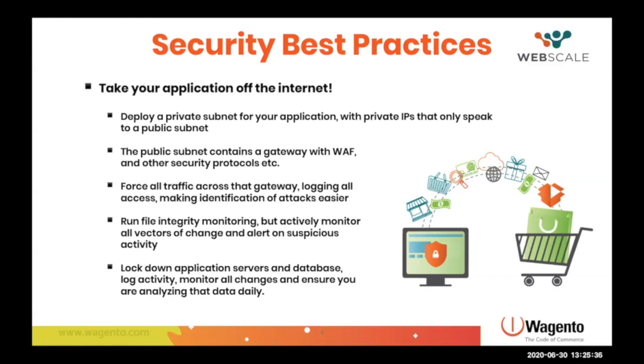A simple concept is something like my admin location. I want to restrict my admin location to this collection of IP addresses only, and anybody that's not on that whitelist is not allowed to even see my admin location. It's a simple rule that can be applied via WAF. So management of traffic, both through metadata and body,